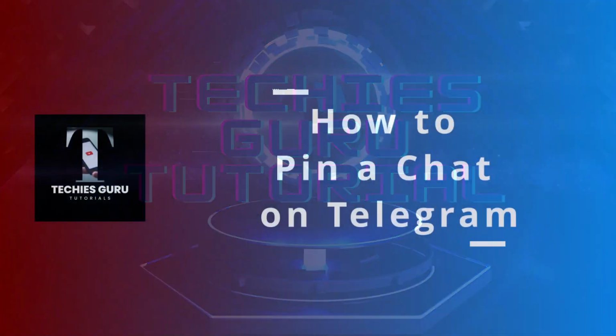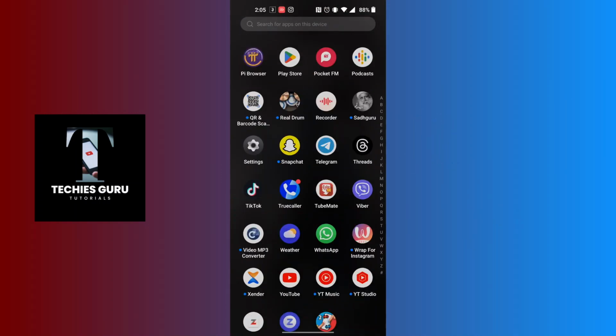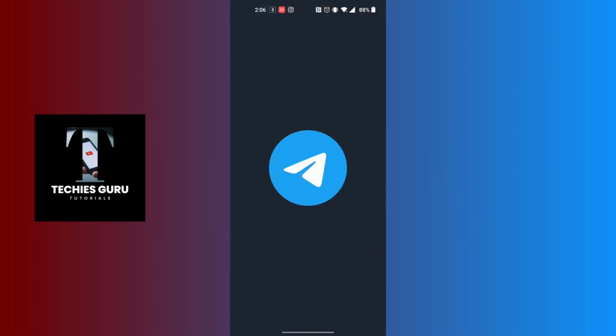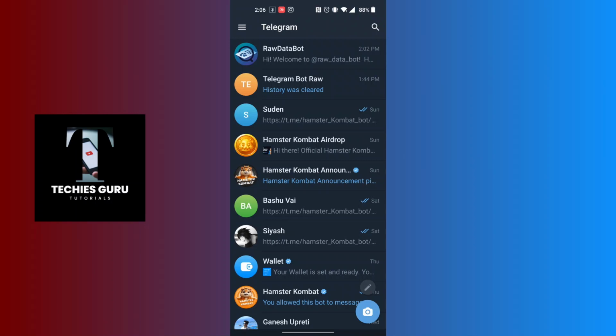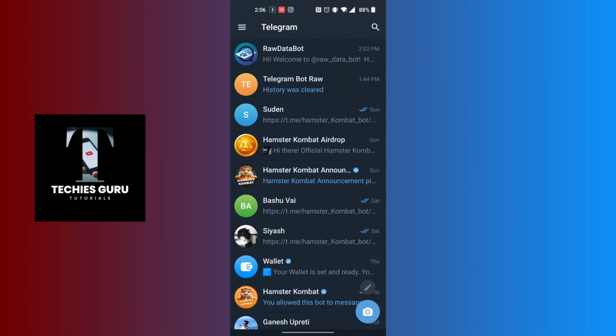Today we'll be learning how to pin a chat on Telegram, and now let's dive right in. To pin a chat on Telegram, first open up your Telegram app on your phone. On this interface, all of your chats will be over here. Now, to pin a specific chat on your Telegram account,